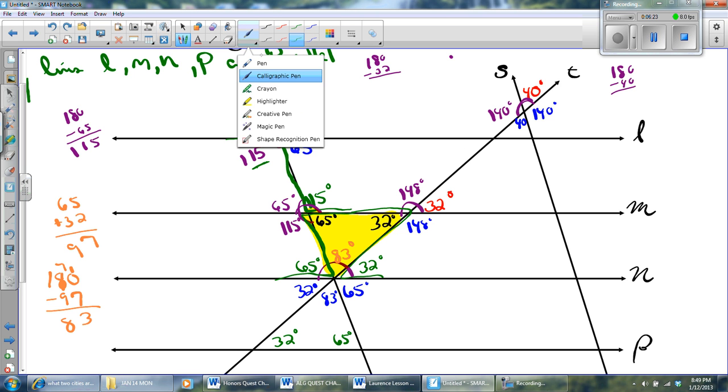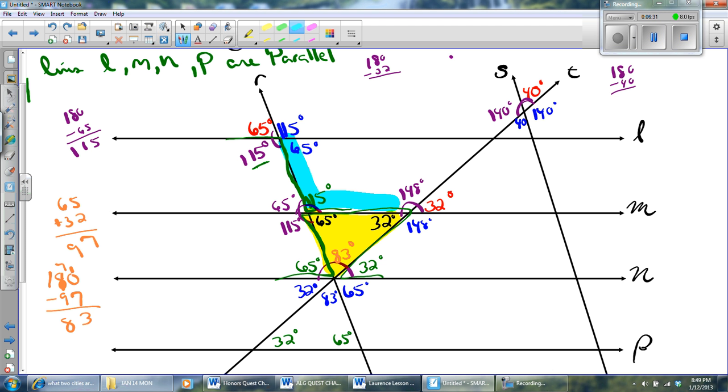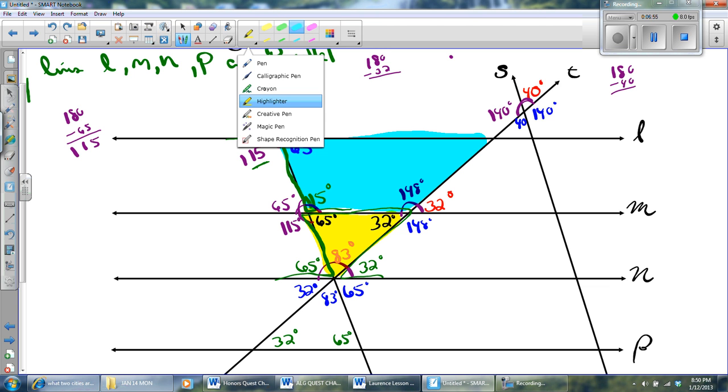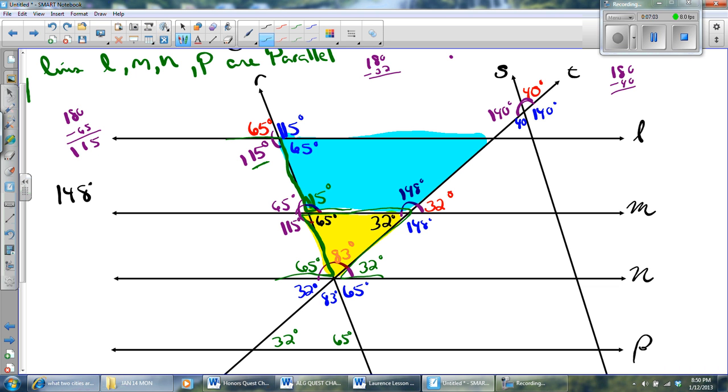And check this out. This is something you might not realize is right in front of you. Look at this shape right here. This is a quadrilateral, yes? And how many degrees does a quadrilateral have? Well, if you remember from the problems we've done the previous days, we know that there's 360 degrees in a quadrilateral. I know 3 of the 4 angles. If I add those up and subtract the total from 360 degrees,